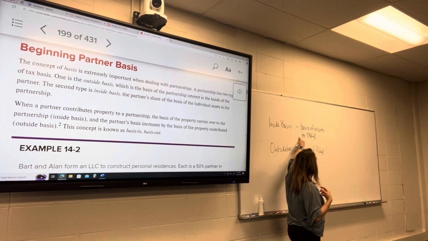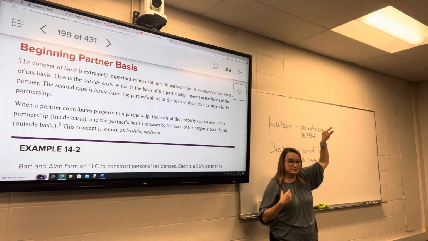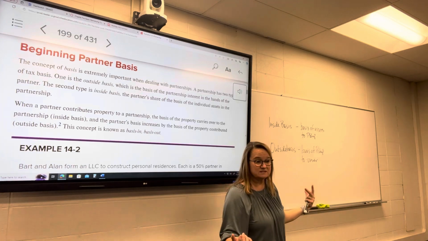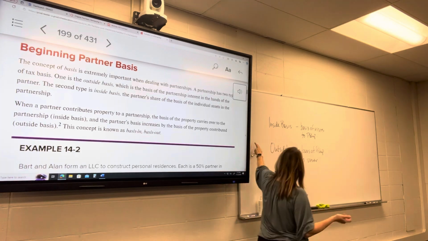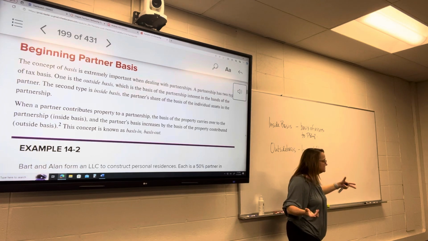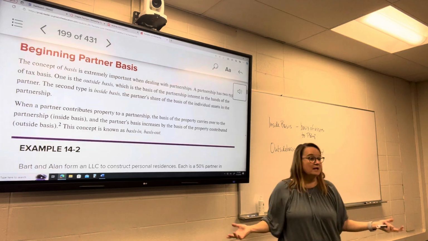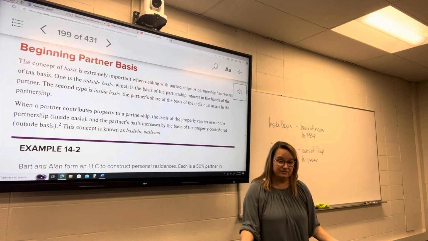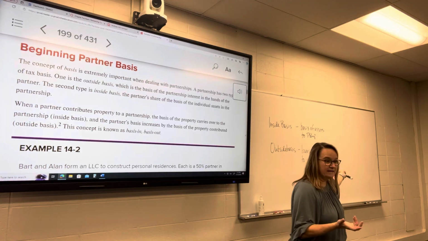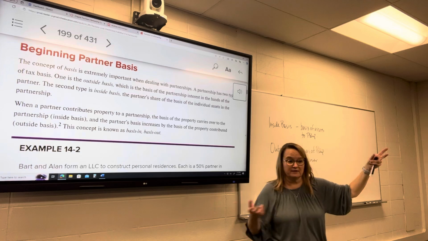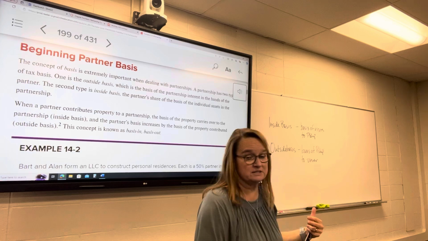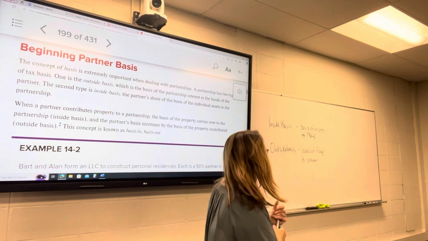This obviously is going to be used for depreciation purposes, for any gains or losses to the partnership when they sell those assets, and it increases as much as if they make improvements to it. So that truck had $1,000 basis, maybe they had to put a new carburetor in it, which extended the life of the truck, and that carburetor cost $3,000, and now the inside basis to the partnership in that truck is $4,000 because they added. So just like any other asset, like we talked about in chapter 6, that inside basis,